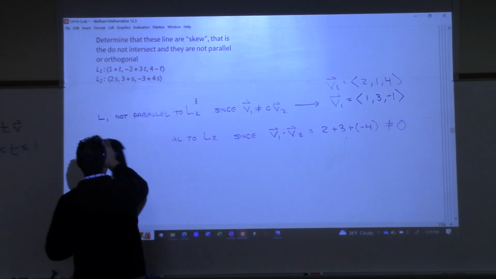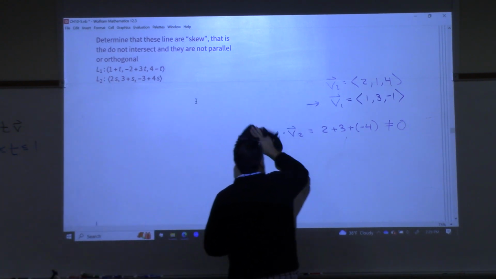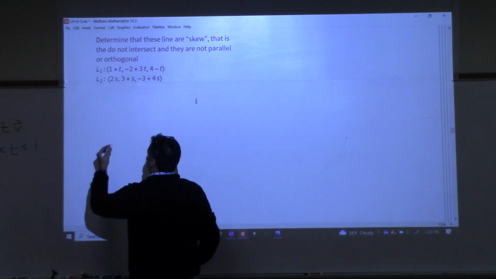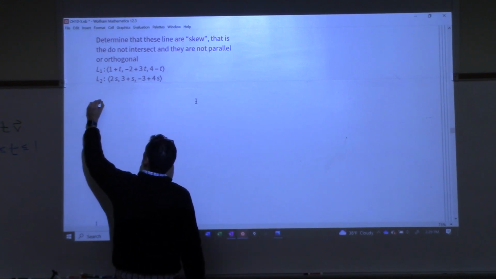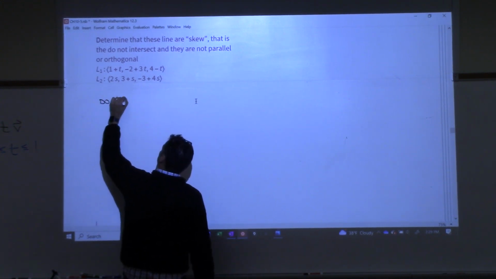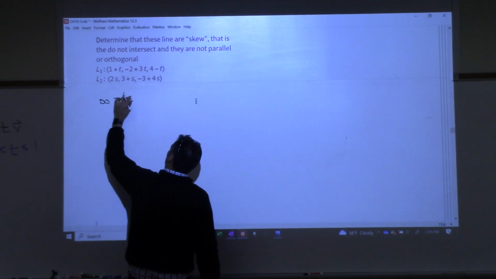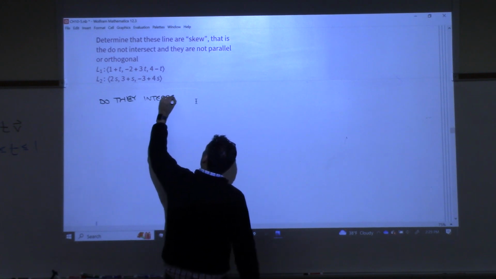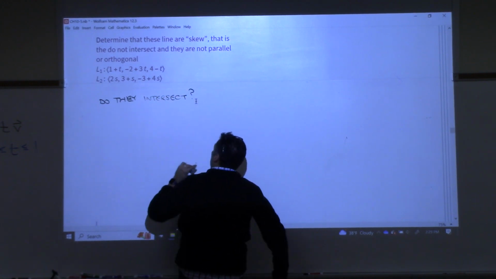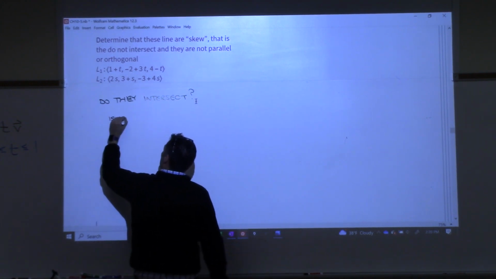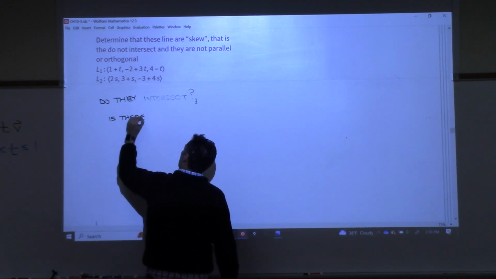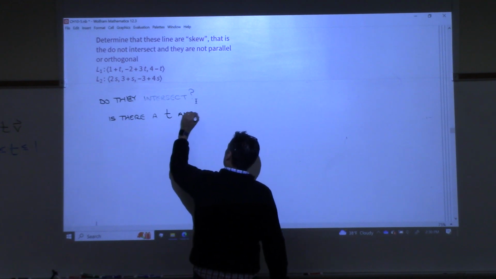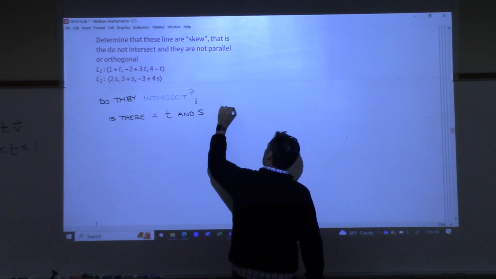So I'm gonna try and write this down so you can kind of follow. This is the hardest part of this problem. So, do they intersect? Do they intersect? Well, is there a t and s such that